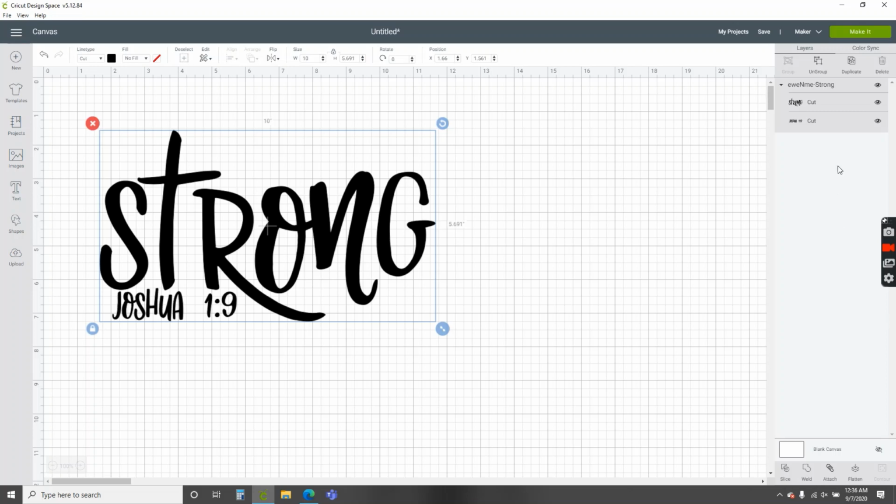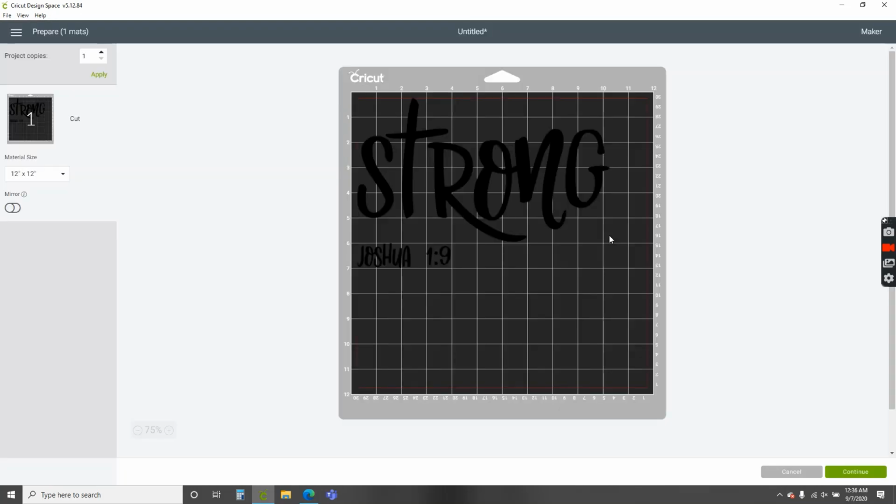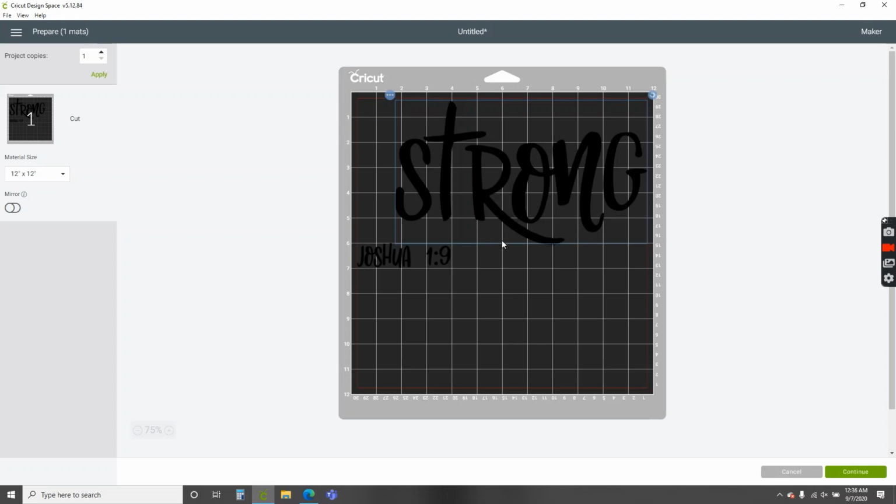Click on the green Make It button at the top right of your screen. On this screen, you will notice the design you will be cutting placed on a Cricut cutting mat. When you click and drag your design for placement, you notice that the strong portion of the design is not attached to the Joshua 1:9 portion. I intentionally left this in here as this can commonly happen with purchased and uploaded images, and we can go through this troubleshooting step. Click on the gray Cancel button on the bottom right, and this will take you back